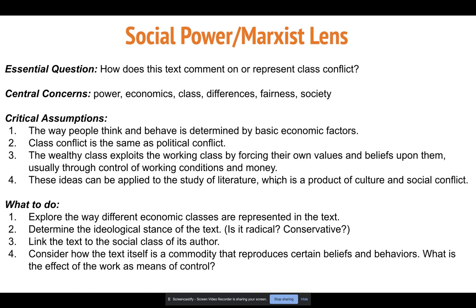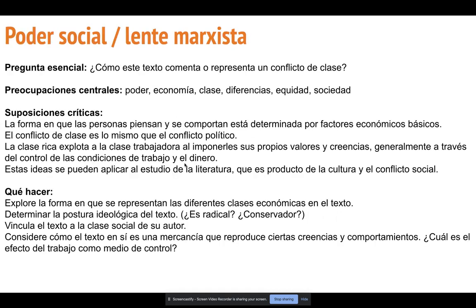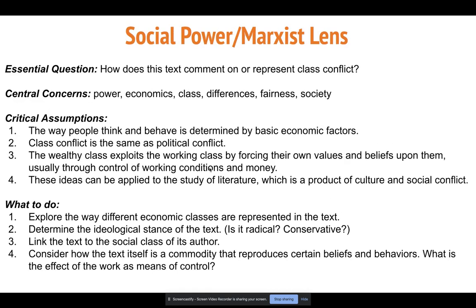working conditions and money. Number 3, you guys could, if you wanted, this is an assumption we make, but you could also look at how Amazon is operating right now, or Walmart, or King Soopers, and the way that people that work on the front lines have to identify their own values and beliefs and decide whether or not working in those conditions is what they need to do. And for most of us, we need to do it because we need the money to survive. Okay. So this lens is pretty applicable to the time right now. But so also is the gender feminist lens.